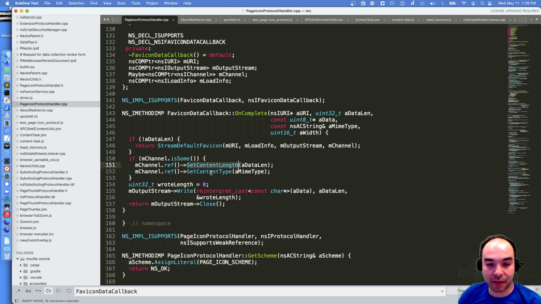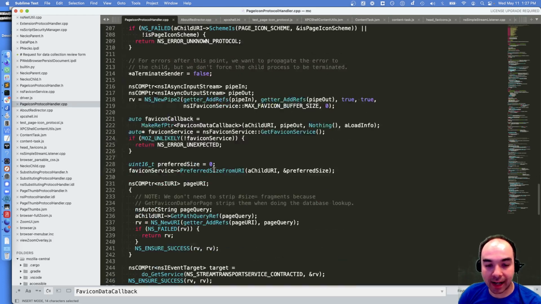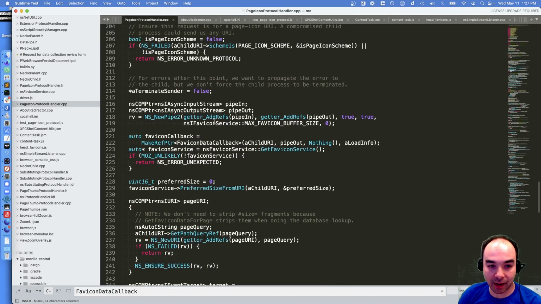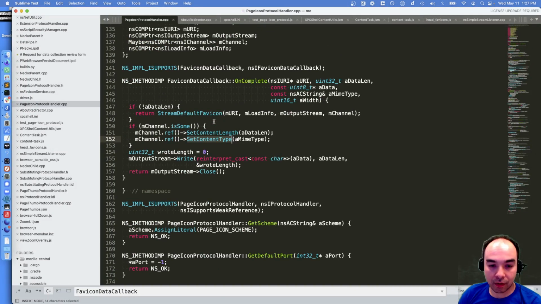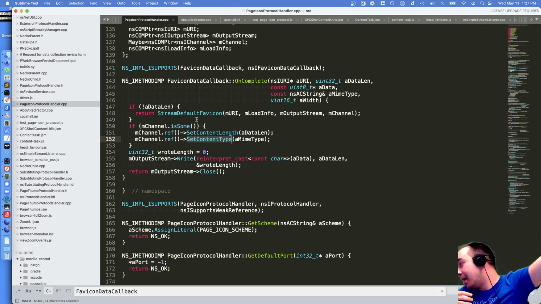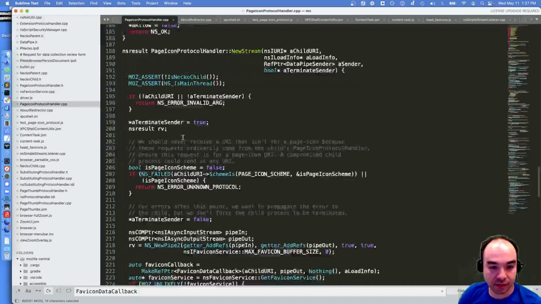And I think that's what we need to somehow do, the parent needs to send that information down, the length and the type, down to the content process along with the stream. And then in the channel that gets created in the content process, because we do create one, we hand it back, we need to set those values. So basically, we can't just dumbly send the end of a pipe to the parent process. We have to get information back down. So that's going to involve a couple of things.